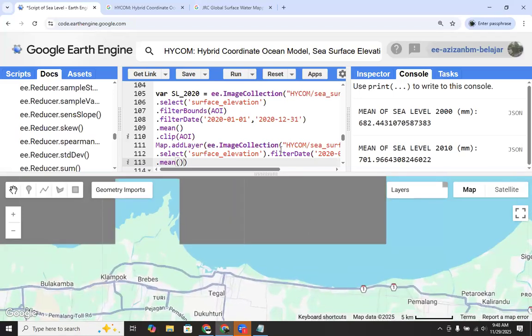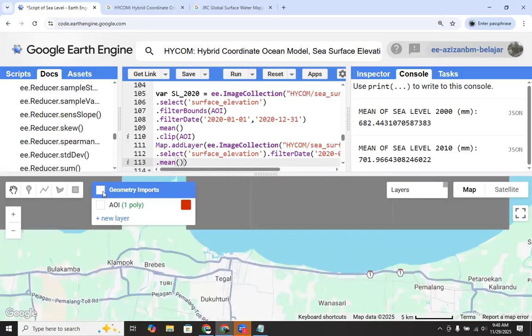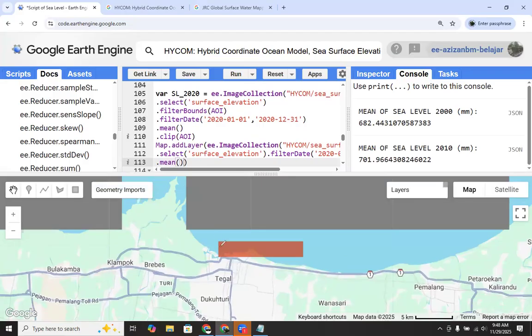Okay, the reason why we can use the 2022 data is because this is our area of interest, but this is the real data. If we want to use the data, we can just adjust the area of interest, and then we can click later.